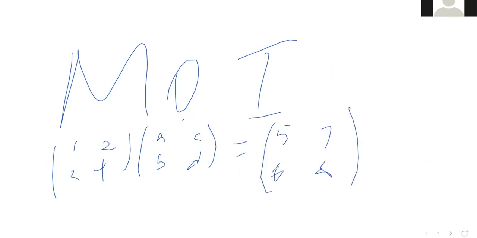So go ahead and multiply and form a simultaneous equation. You'll multiply 1 by A, 2 by B. You'll form a matrix simultaneous equation. This will be A plus 2B is equal to 5. And then another one will be 3A plus 4B is equal to 6. You solve it simultaneously. You do the same for C and D, and you'll be able to find the